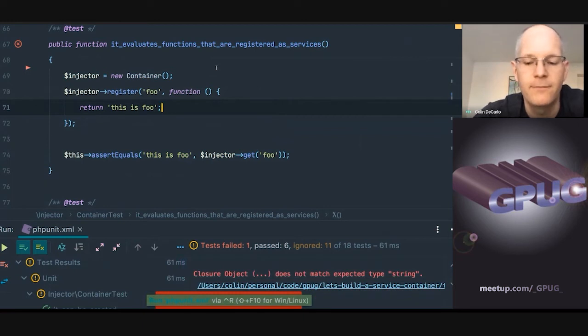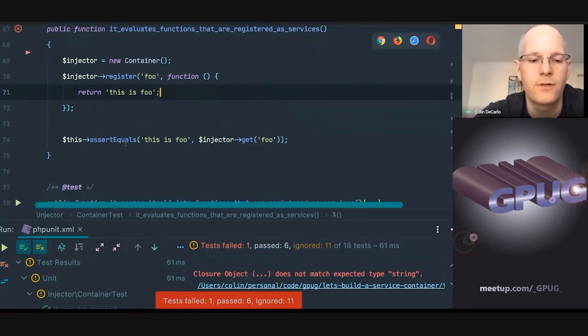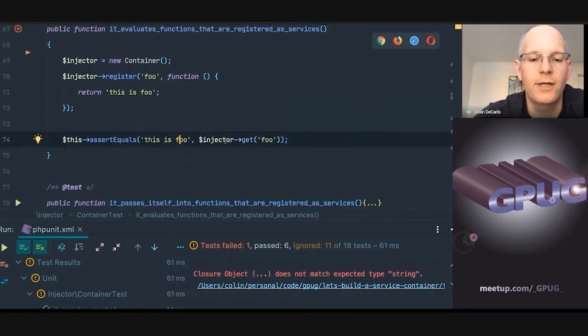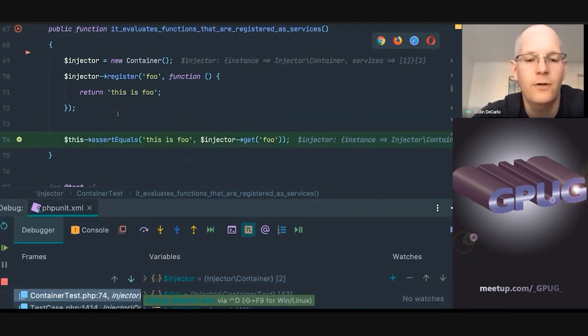So it failed this time because it says closure object does not match expected type string, which is right here. So this assert equals, this is foo, injector get foo. This is failing because of what we're getting back from injector. We can actually just debug here and see what we're getting back. I'm going to run this test in debug, okay? When we call injector get, this right here,